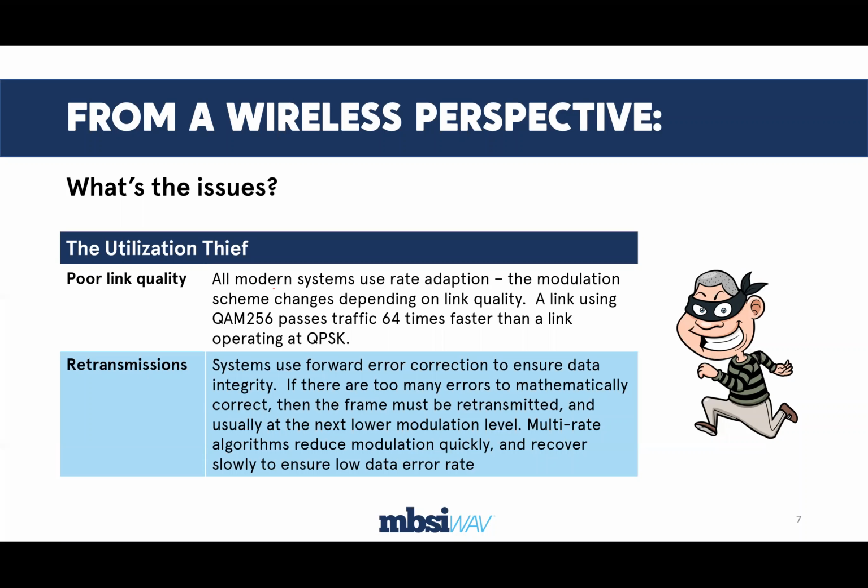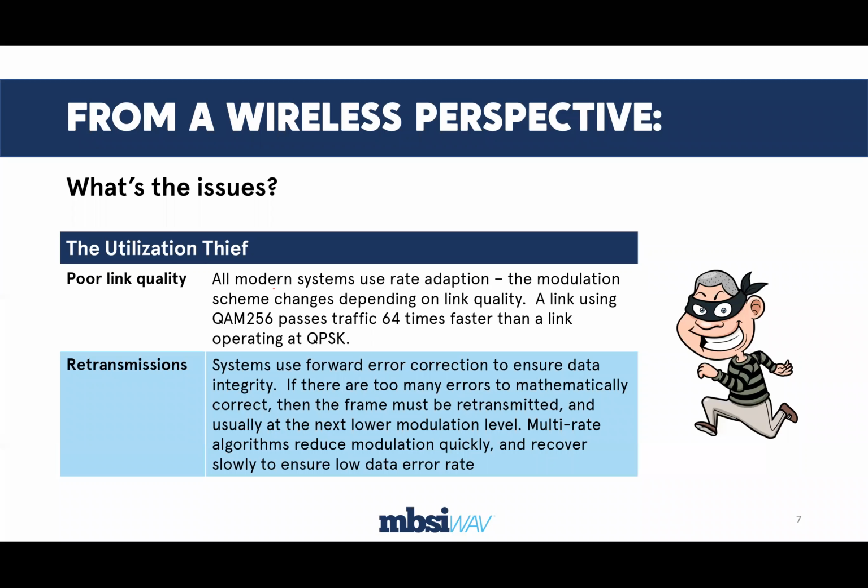Always some of the data that transfers from the sending end to the receiving end is used to do error correction, and so they can mathematically correct sometimes errors that are generated over the RF link and recover that data